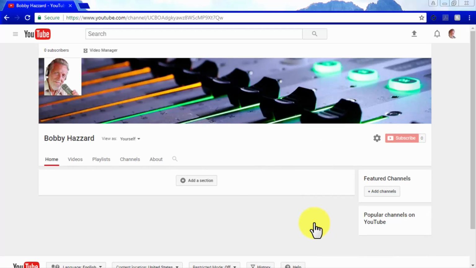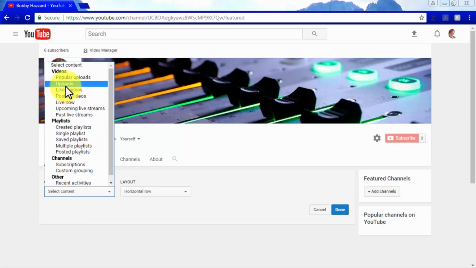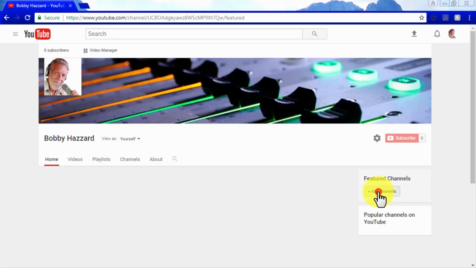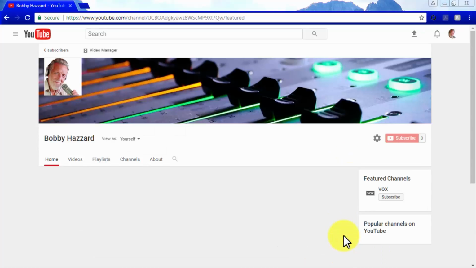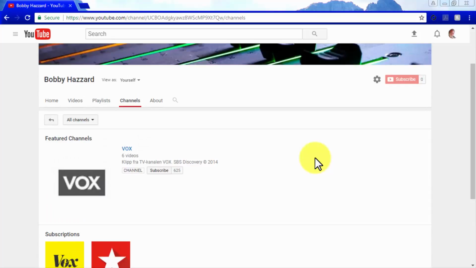As you can see, this will let you customize your channel to look the same as all those other popular channels on YouTube. At first glance, you are given the Add Section button that you can use to separate your video uploads into categories, and the Add Channels button that will allow you to favorite other people's channels and feature them on yours. Changes made using these buttons will show on the video's playlist and channels tabs.